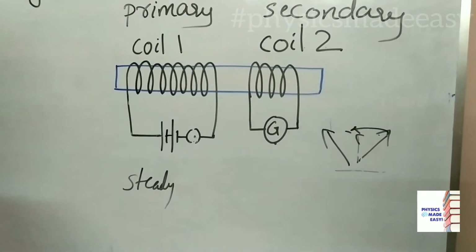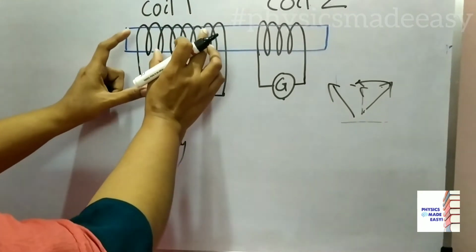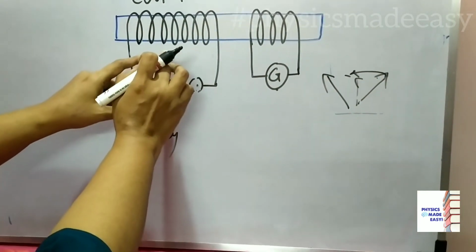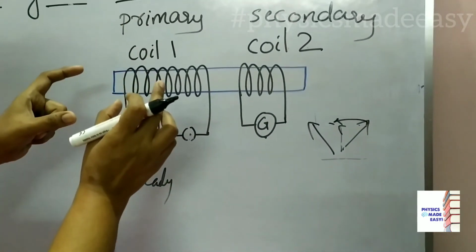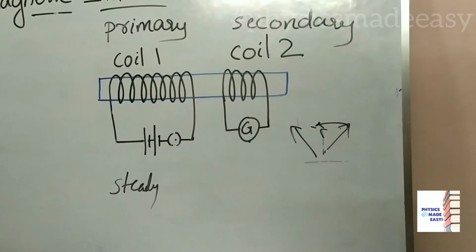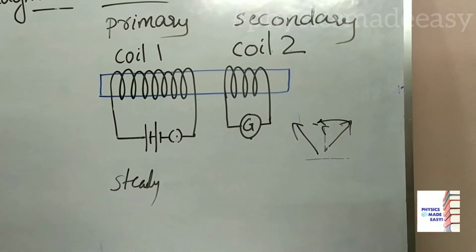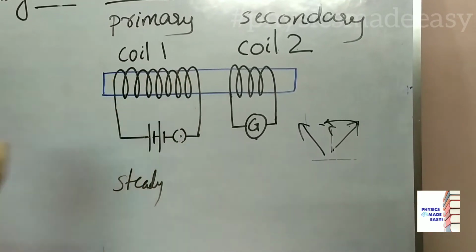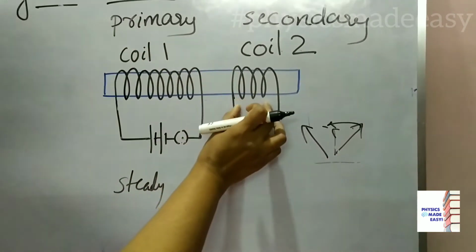That time also there is a sudden change in that magnetic field. If the magnetic field surrounding this coil 1 is changing, what will happen? Here also there is a magnetic field now. So, the magnetic field surrounding this coil 2 will also be changed. So, due to that change in magnetic field, what will happen? A potential difference will be induced in this coil 2. Due to that, we can say a current is induced in this coil 2.